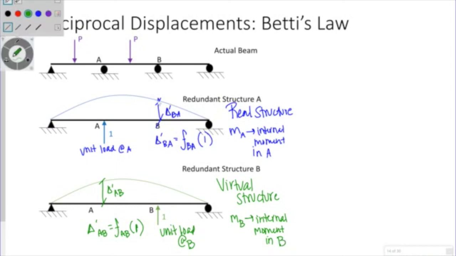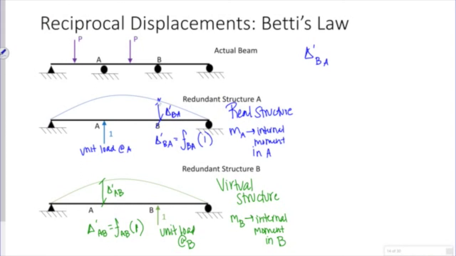And if I want to find the displacement at B due to A, right? If this is my real structure and I want to find displacement at B due to A, I would apply a unit load at B and find my internal moment, right? I guess I should have led with that. But yeah, if I want to find my displacement at B,